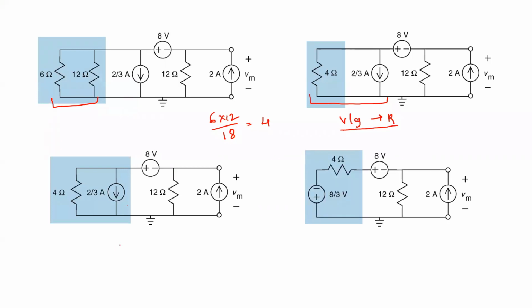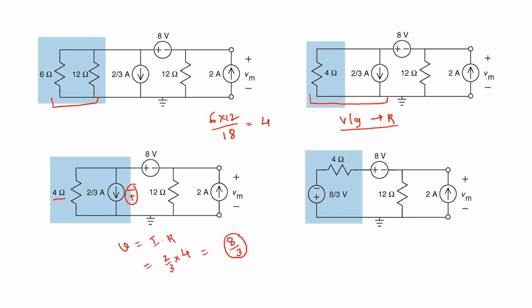Using Ohm's law, the value of the voltage source equals I into R. I is 2 by 3, R is 4. As a result, 8 by 3 is the voltage source value. Then, here, this is the current direction, so obviously the voltage source should have this polarity that is written here: negative, positive, 8 by 3. Then the series voltage source, and the parallel resistance remains the same in series value. All right.